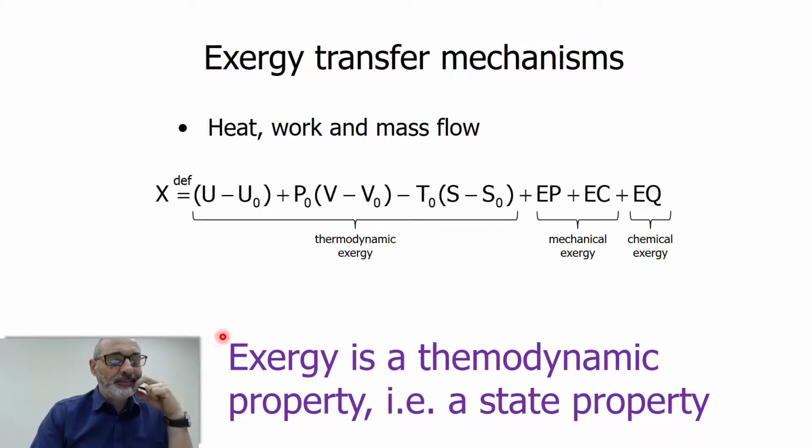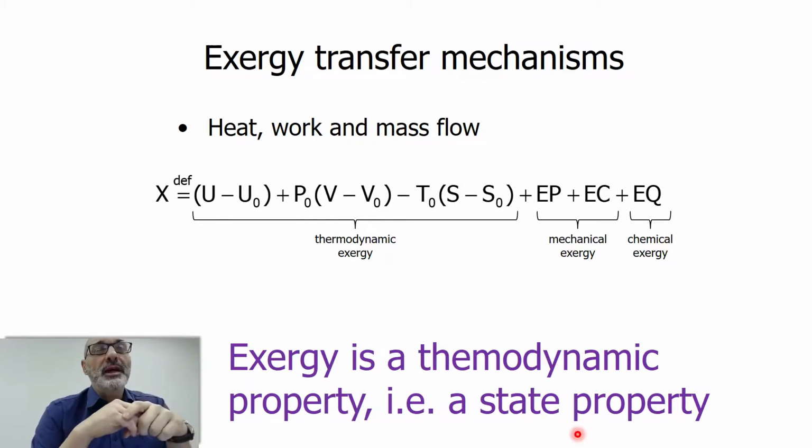important observation here is that exergy is a thermodynamic property. That means that it is a state property. I used to say that thermodynamic properties are like GPS coordinates that you use to define a point on Earth, and so this pair of properties are used to define a thermodynamic state. So you always need two properties, the canonical ones, pressure and temperature, but you can also define a state in terms of its entropy and exergy. So if I give you,